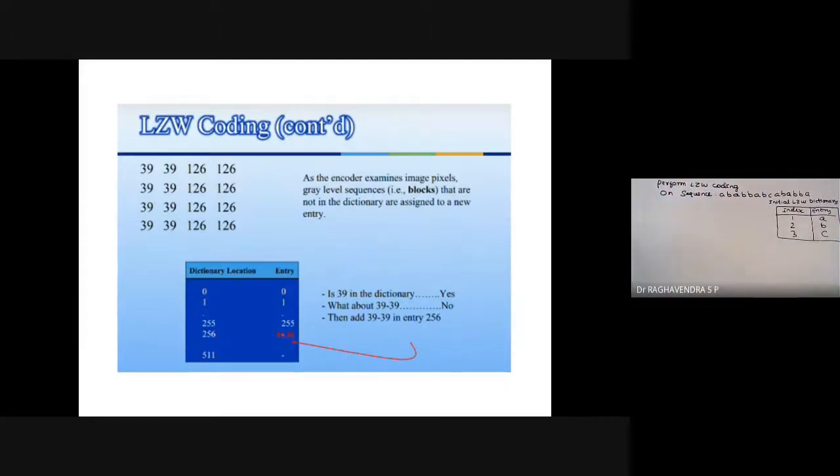The letters A, B, C in the sequence we can also consider as gray levels, as pixels. So if you consider this entire sequence as an image, these are the gray levels.